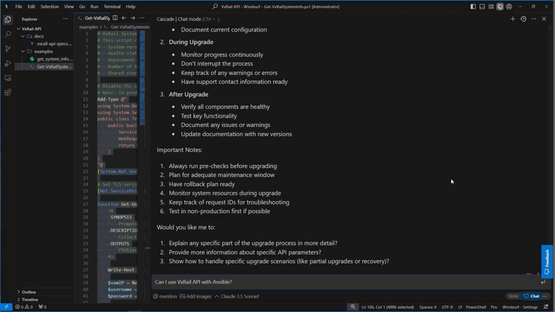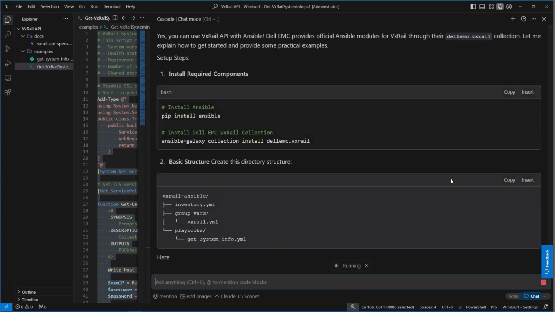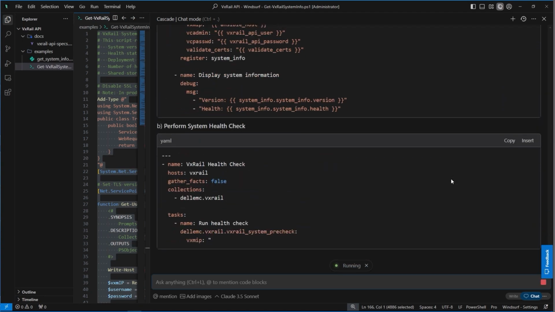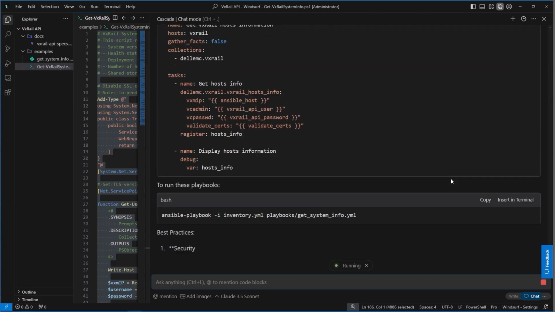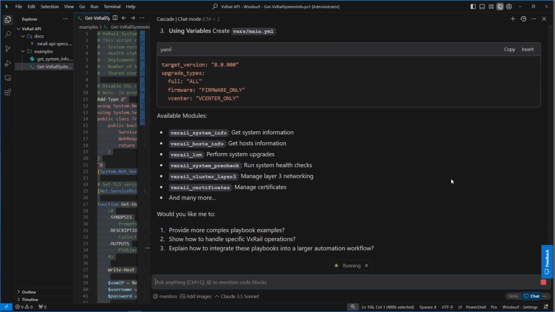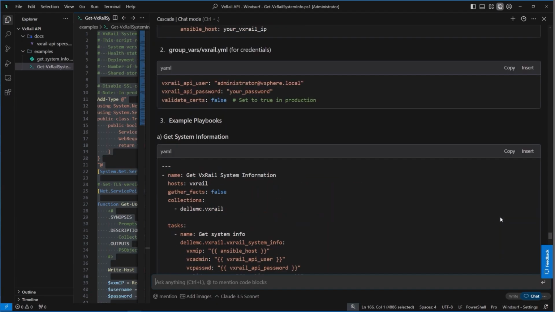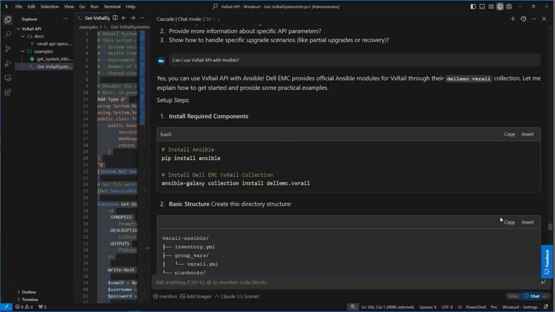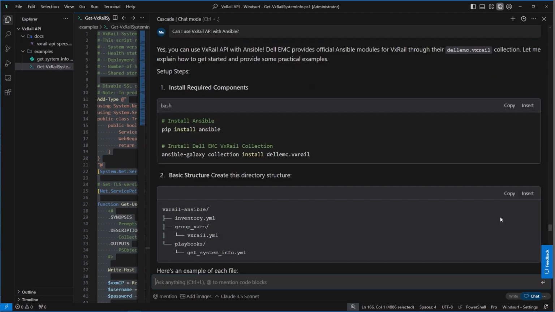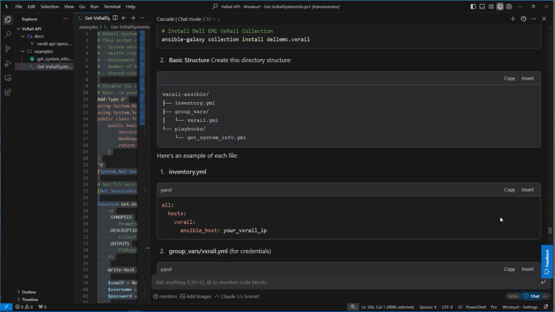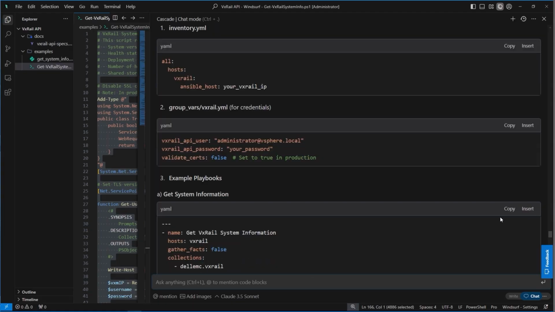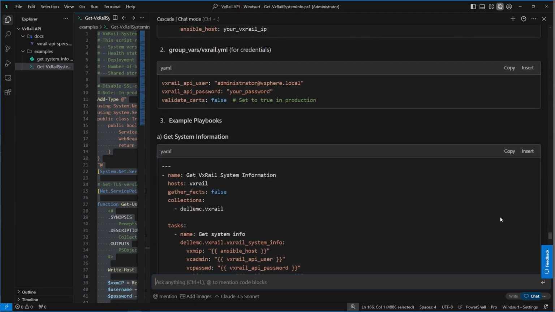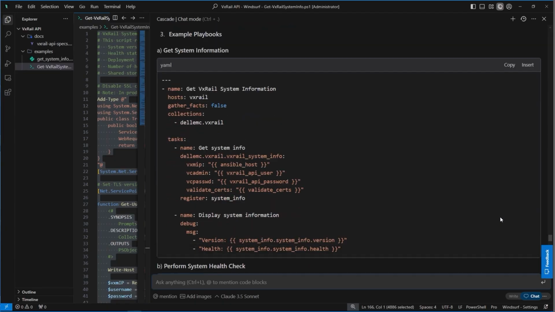Here, in the case of Ansible, the model knew about Dell's collection of Ansible modules for VxRail and provided handy information on how to use them. Of course, you need to be prepared that some answers may not be entirely accurate due to hallucinations. Still, in my opinion, the overall quality is good enough to use this approach to learn more about VxRail API and its automation capabilities. This concludes our demo.